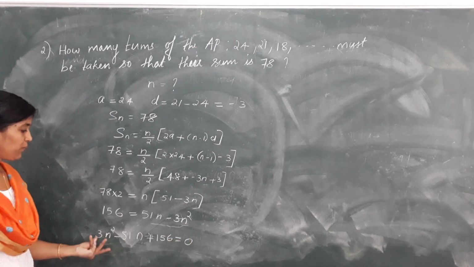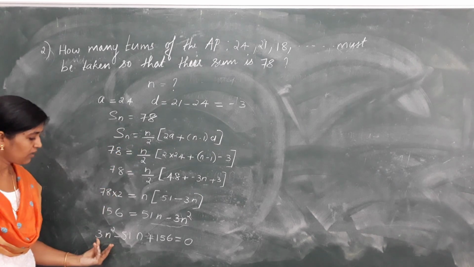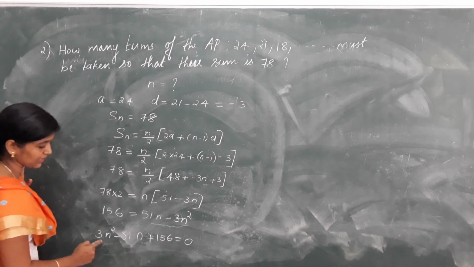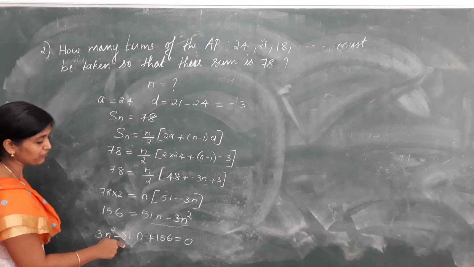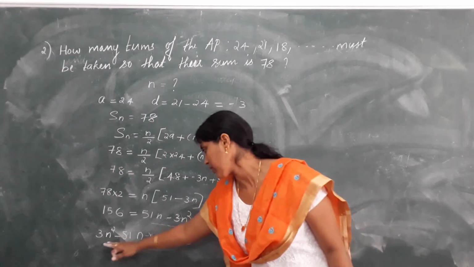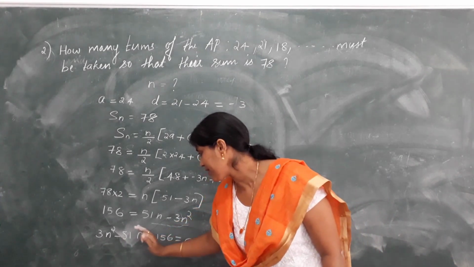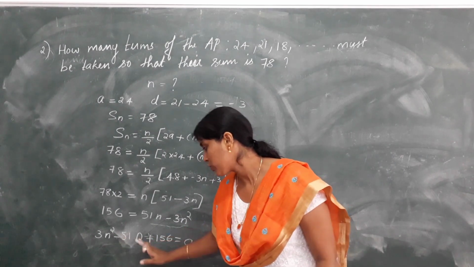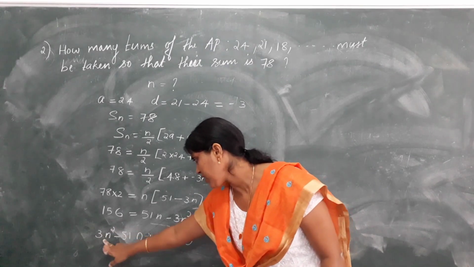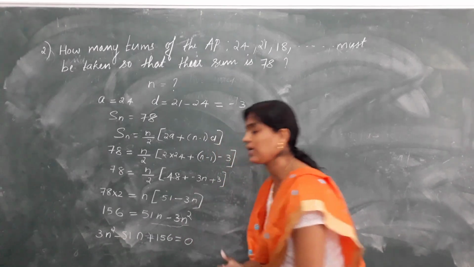Which means that when we solve here, you are getting a quadratic equation. You have to solve this quadratic equation and get the value of n. We have studied quadratic polynomials, so we are using the quadratic polynomial to find the value of n. And before that you can see 3 is common in all. If you want, you can take 3 outside from all and transpose it to the other side.